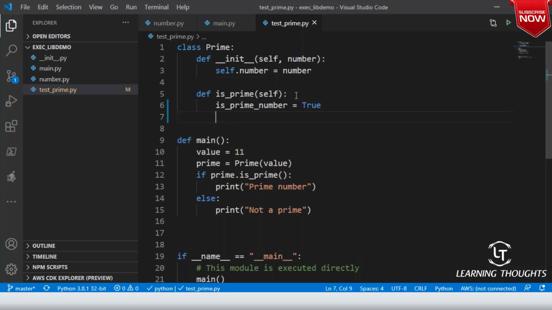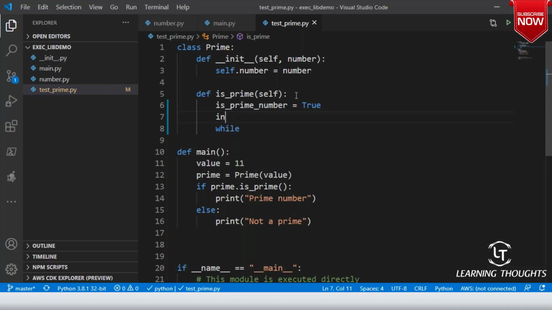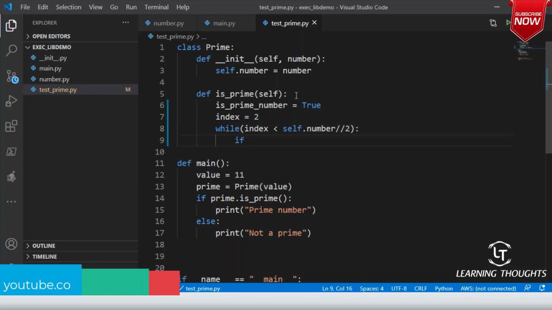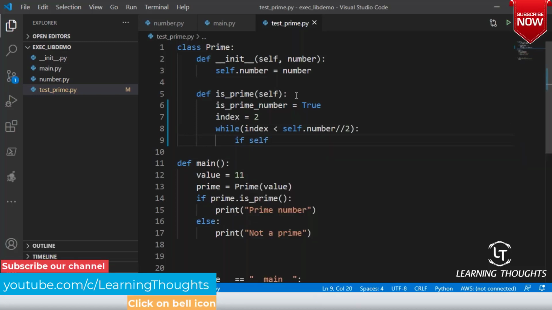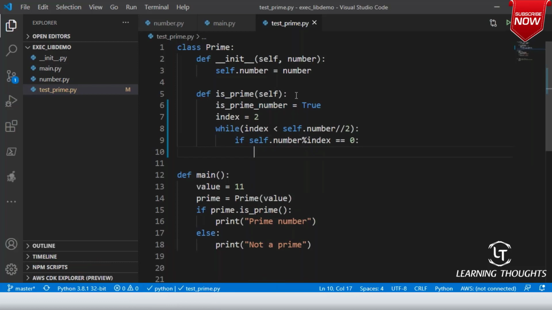Now I'll set index, and I am using the while loop. You can use a for range also. While index is less than self.number divided by 2, if self.number modulo index is equal to 0, then this number doesn't remain a prime anymore.